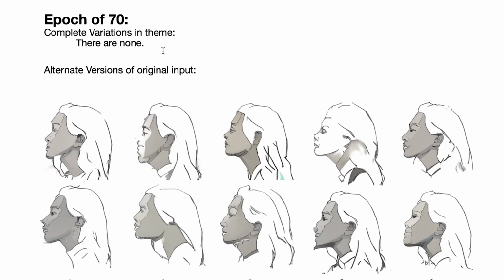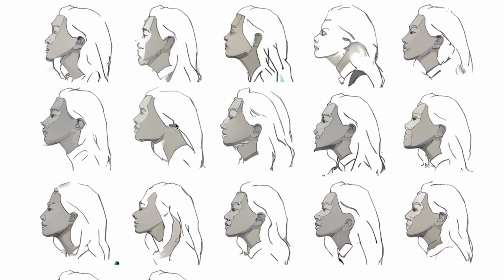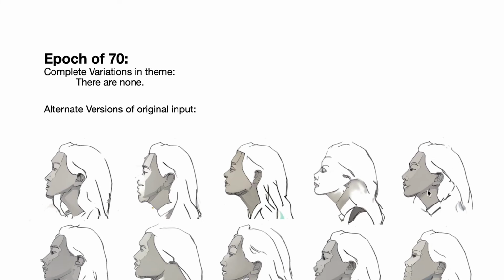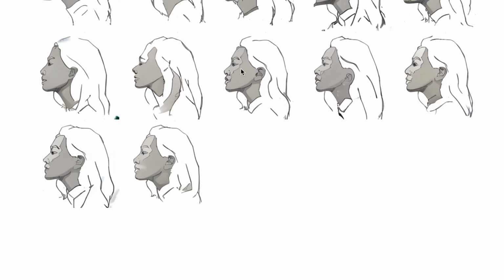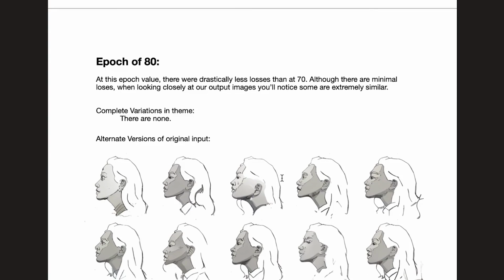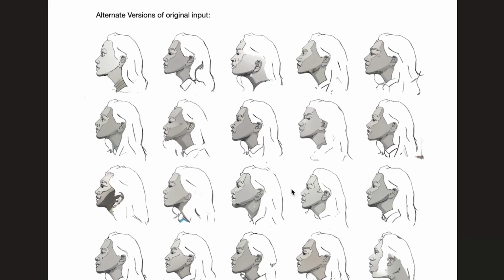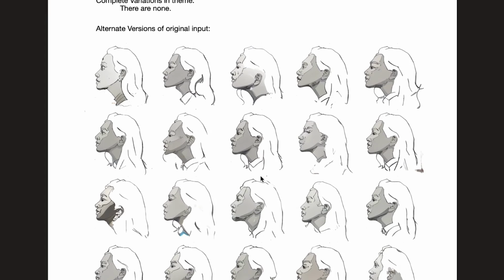When we jump up to an epoch of 70, altogether there is no variation in theme whatsoever. And again, we're starting to get minimal variation. You'll even start to notice that some of the images, like this one here, this one here, this one here, they're really starting to look alike. Just zoom out a bit. At an epoch of 80, it is very apparent that the manipulation is very subtle. And that same feeling of